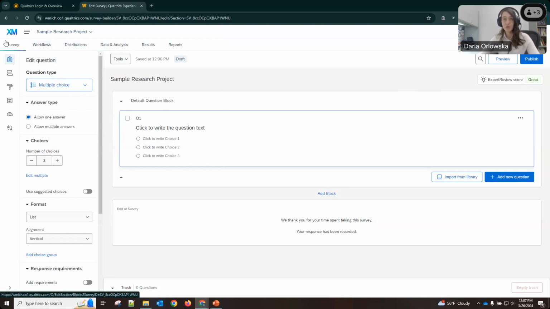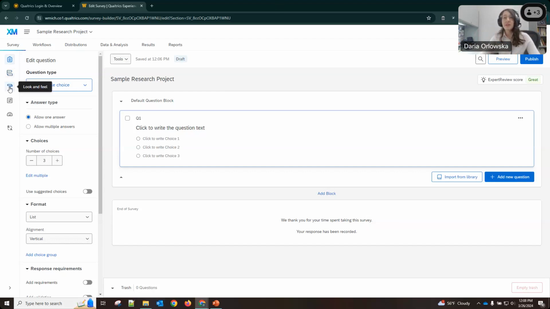Right now, we're just going to be working within the survey. We have a left menu, which talks about different parts of the survey. So you have the builder, which is actually putting in the questions, the survey flow, which is depending on how a participant responds to a question, what you may choose to show as part of your survey. This will come into play with the consent form especially, but can also come into play if you have any inclusion or exclusion criteria.